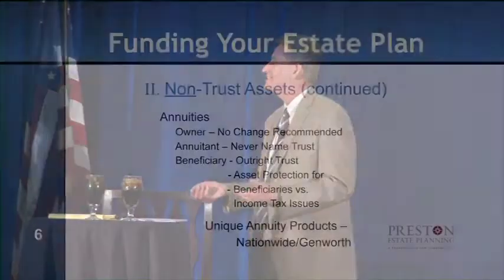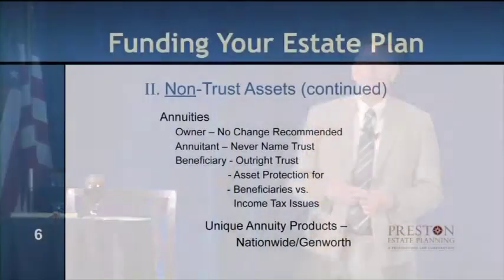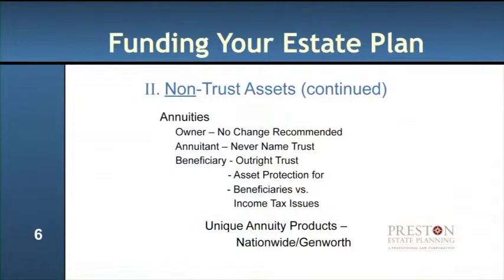The second person is the annuitant. The annuitant is the measuring life of the annuity. Think of it like the insured under a life insurance policy. It's when we determine the benefits can actually be paid out under the annuity. And then finally, we have the beneficiary, and of course the beneficiary is the recipient of the annuity proceeds when the annuitant passes away. So what I'm going to describe tonight is the kind of general recommendations.